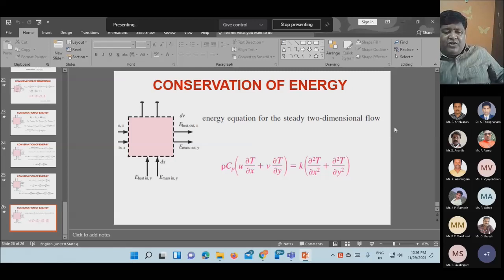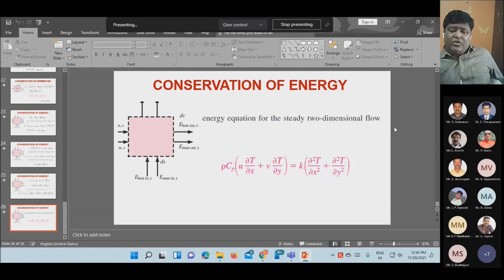So why do you have to find CF? To find the force, maybe a drag force, you have to find CF. Suppose for your flat plate you want the total drag force that will act on the plate because of friction, then you have to calculate the total CF over the surface. If you want only the drag force over a particular length of the plate, you have to find the local CF. Similarly, if you want the total heat transfer rate, find the average H over the entire length of the plate. If you want only a particular length, find the local heat transfer coefficient. With that, I think we have summarized almost everything, and we have done 3 equations and seen how to derive those equations.